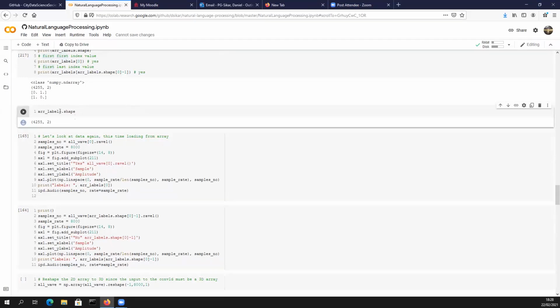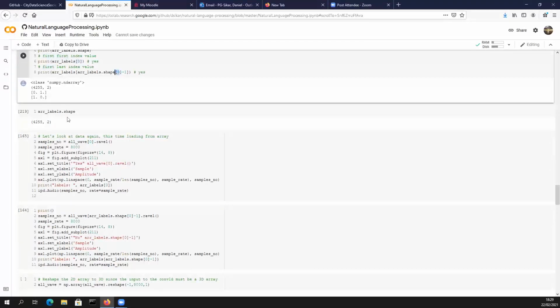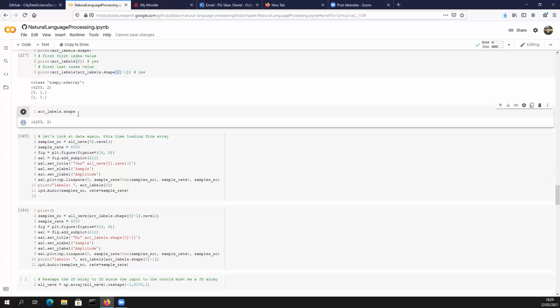So continuing, what's this thing doing? It's saying, go to the last element of that array, give me the 0th element. So it says, what's the shape of this? That's the shape. You have 4,255 elements, in rows and 2 columns. And then if I add this index, if I use bracket 0, it says, well,